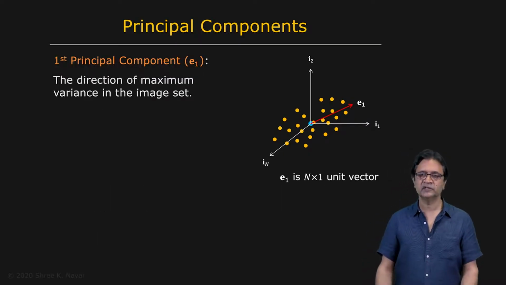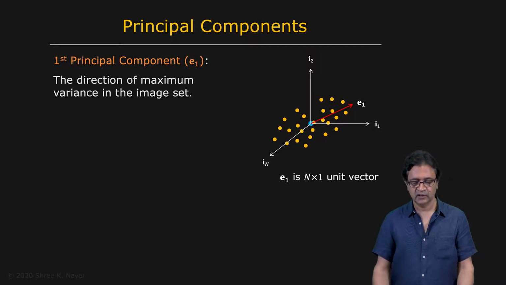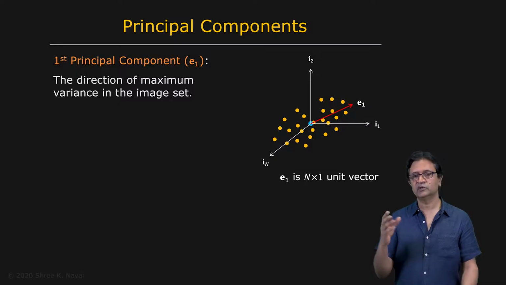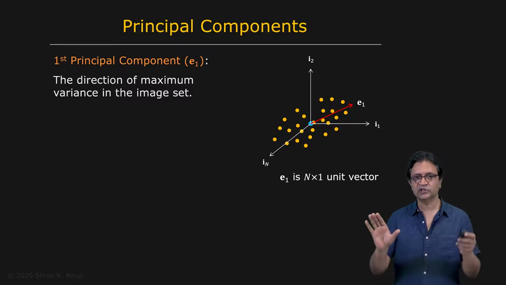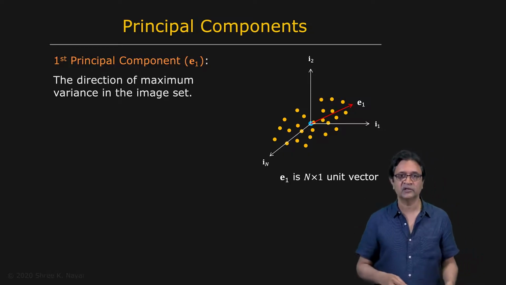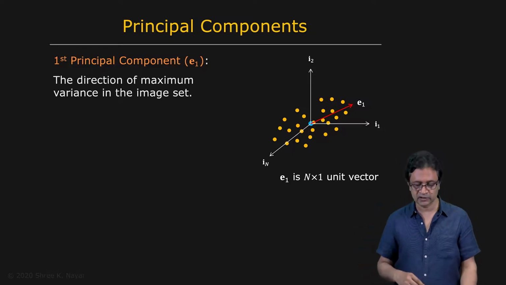And let's talk about the first principal component. The first principal component, which is shown by this vector right here, E1, is simply the direction. It represents the direction along which you have maximum variance in this distribution. In other words, if you take all the points in this distribution and you project them onto that direction, you just look at how they vary along that direction, that variance is going to be maximum. There's no other vector in n-dimensional space for which the variance is larger.